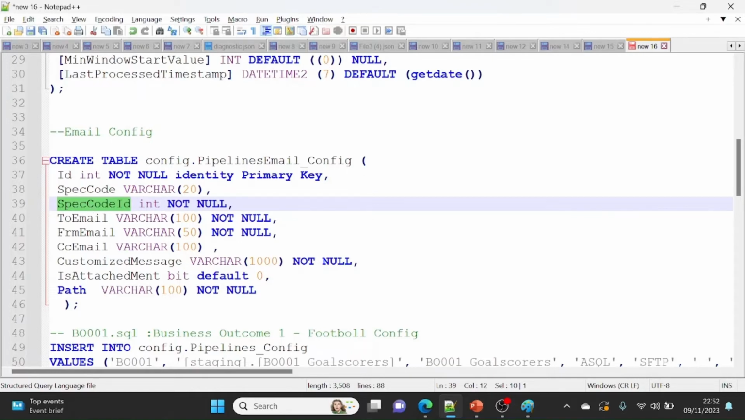Normally we need a few parameters like from where you get email, to, CC, and a custom message, any customized message like your pipeline has succeeded or your pipeline has failed. You can have an attachment. If you need an attachment when your pipeline successfully runs and stores a file in a blob storage or SFTP or Data Lake Gen 2 or somewhere else, and you like to send your email to business users or operational users with that attachment,